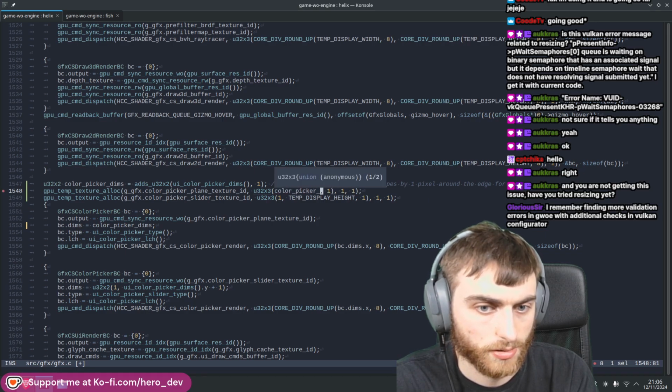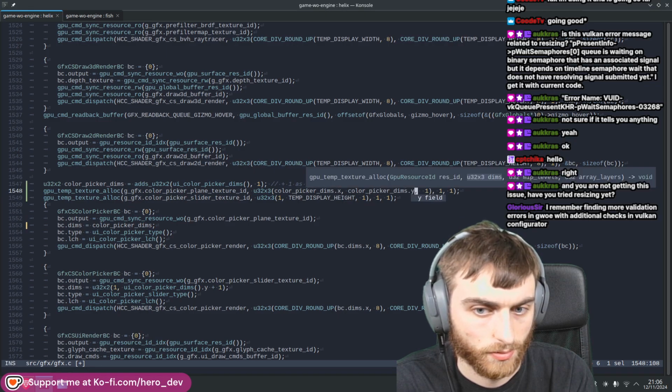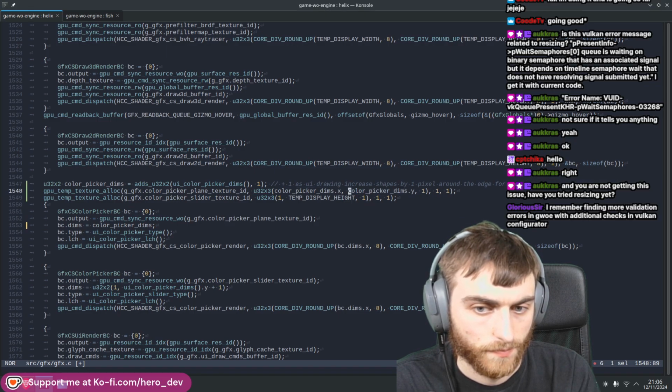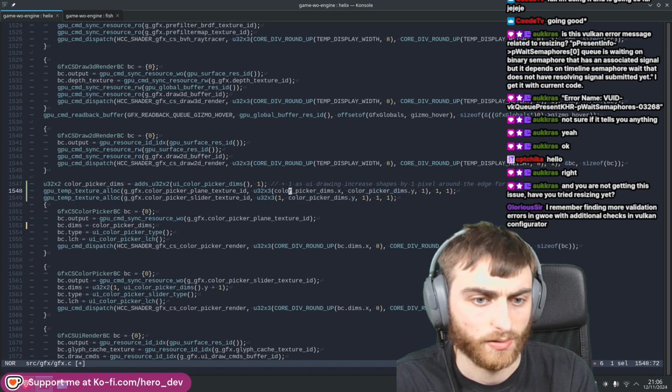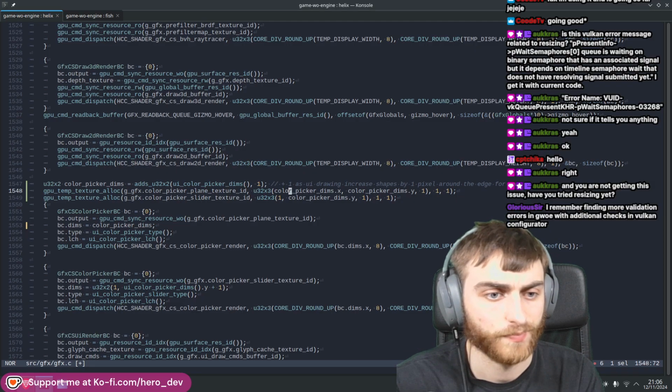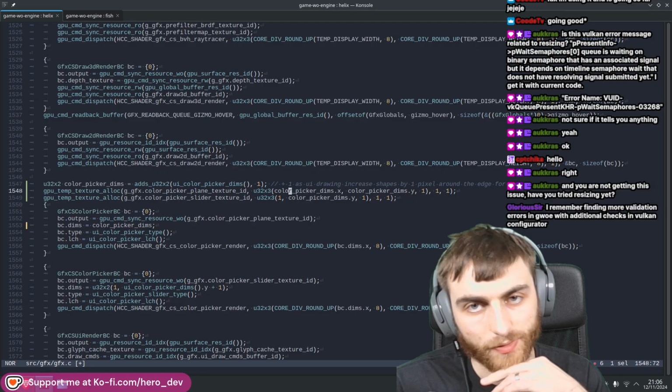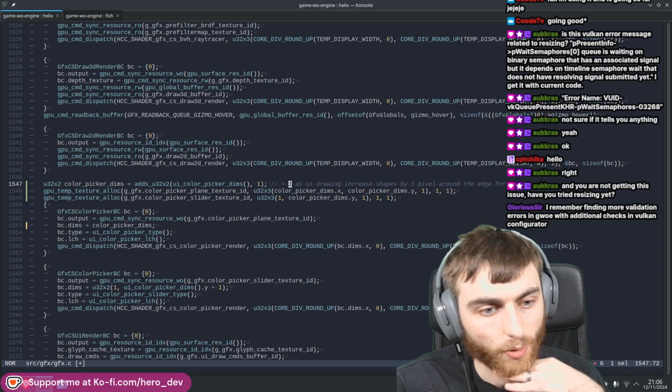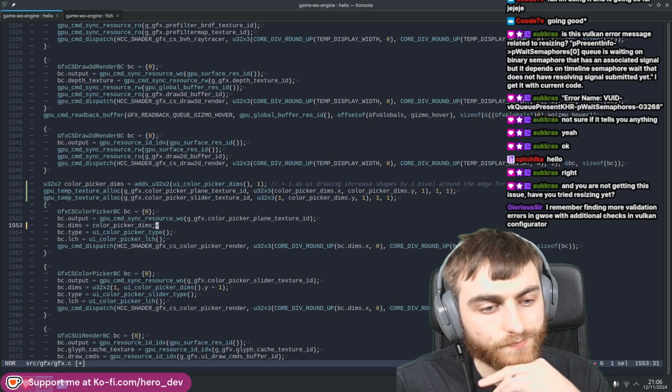Color picker dims.x. Right, so that's only being set to the width at runtime based on what the color picker actually is. So it'll be at least 1 pixel because we have one, and then we